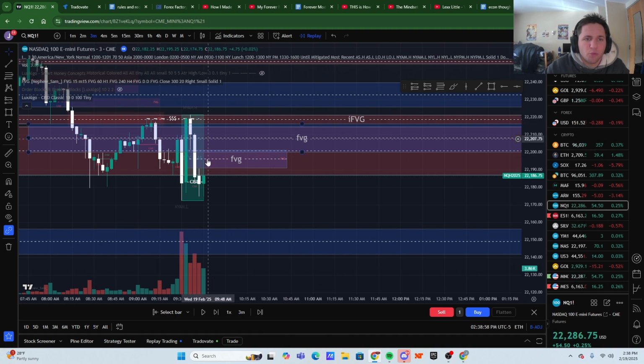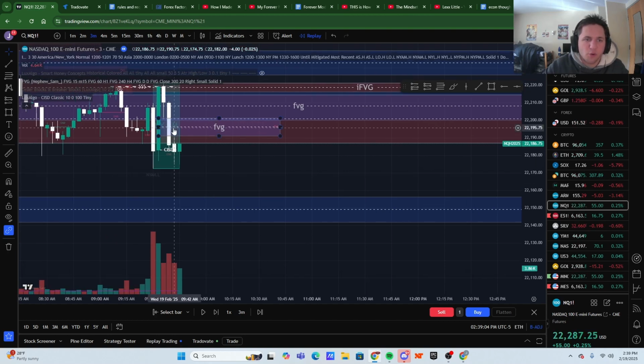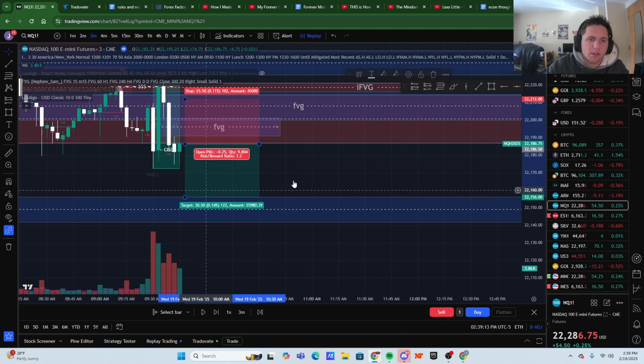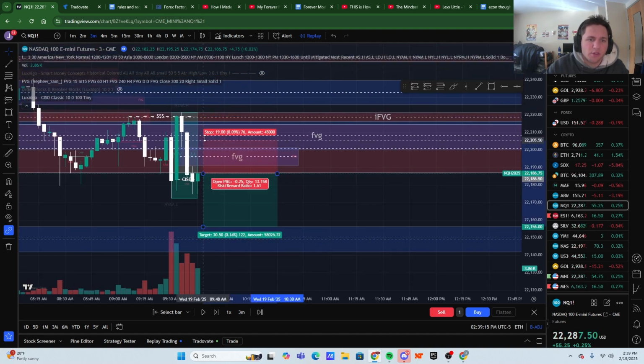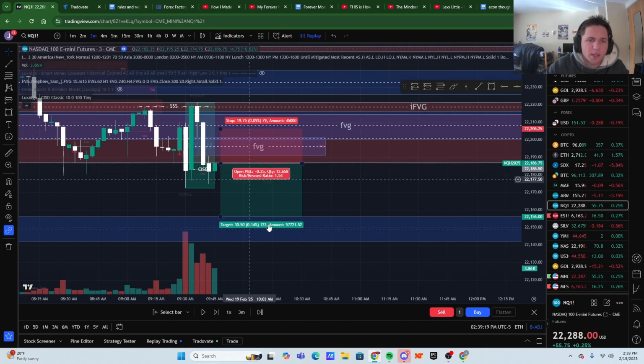We are respecting everything that we inversed. We are following our bias. We are going towards our draw, which is this 4 hour. We made a fair value gap and we respected it. So first thing you're going to do is get your take profit and put it at right there. And then your stop could be anywhere. We usually do a close above the fair value gap. So that's what it looked like.